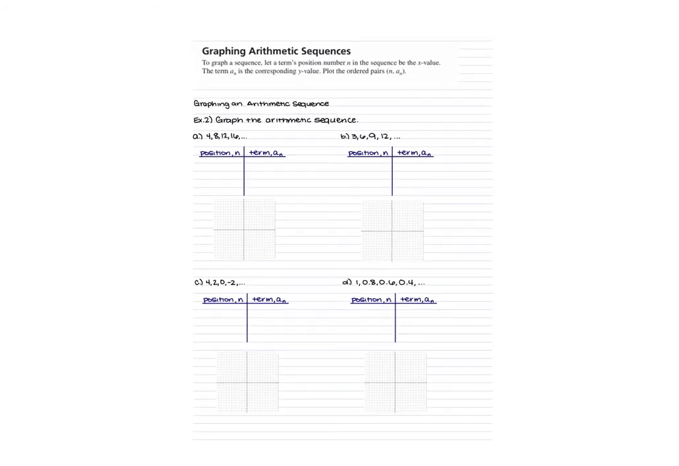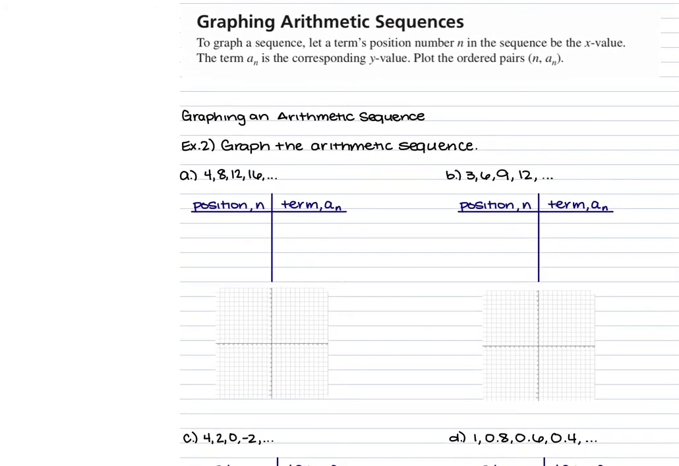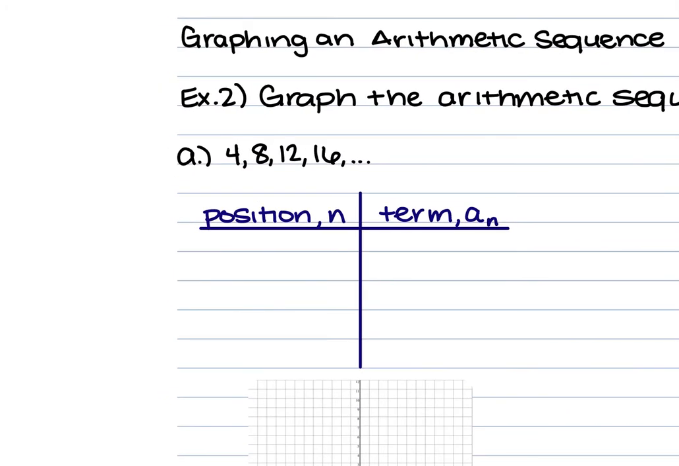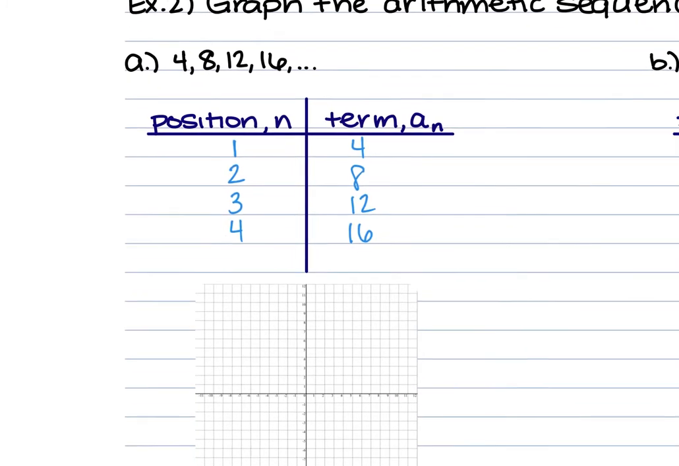All right. Graphing an arithmetic sequence. Now, it looks intimidating because all we're given is a sequence, but all you need to do is write the position and then the term. What was the first term that we're given? 4. So in position 1, the term is 4. What's the second term that we're given? 8. What's the third term? 12. What's the fourth term? 16. So my points become 1, 4,